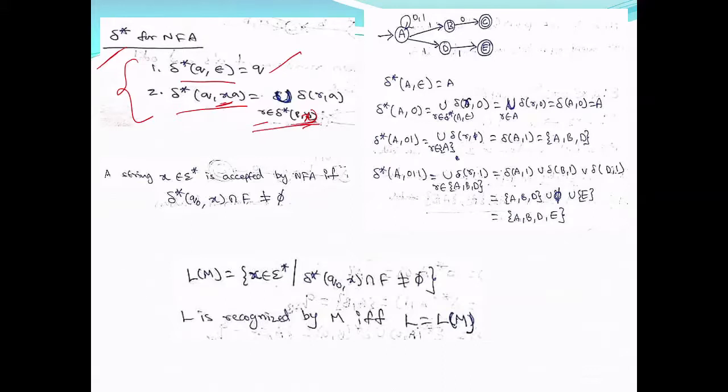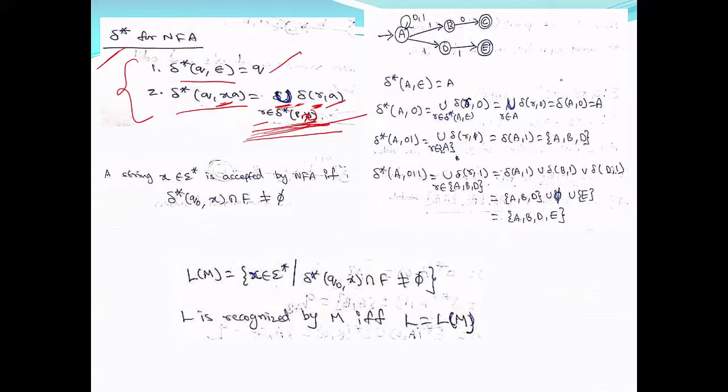First you process X from the state, and because this is an NFA, you will have a choice. It may go to more than one state. So you take all such states and apply delta on those states and make the union. That is the meaning of this notation. So you start in Q, process the input string X, then you will end up in zero or more states. Take all those states and apply delta on all those states and make the union. If I work it out, it's going to be easy for you.